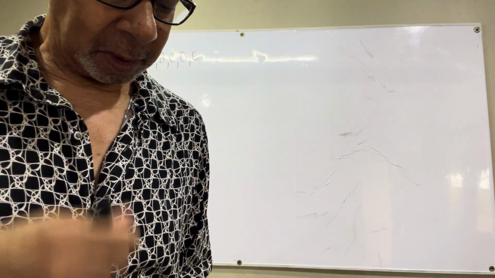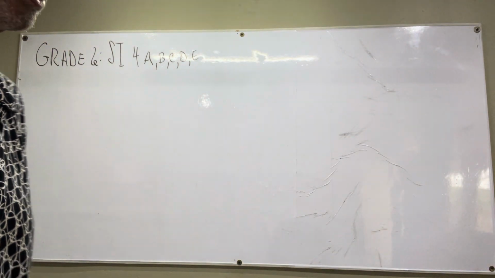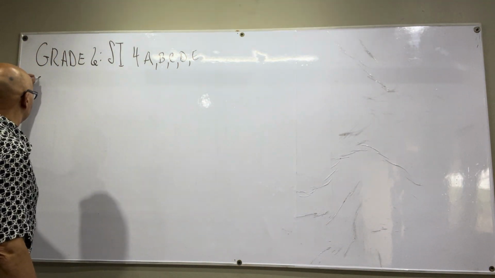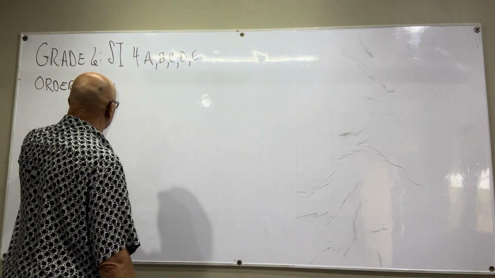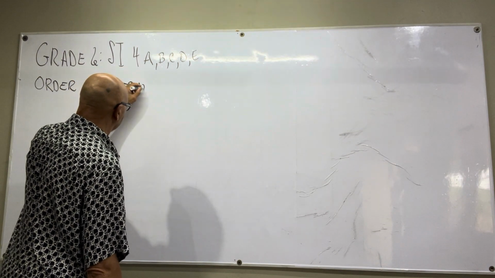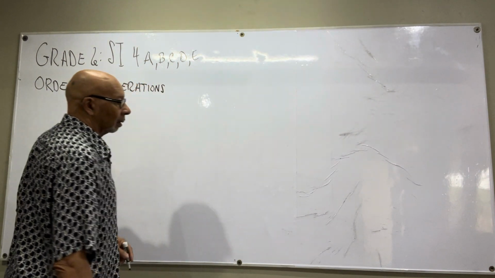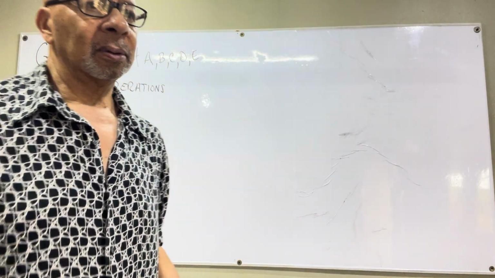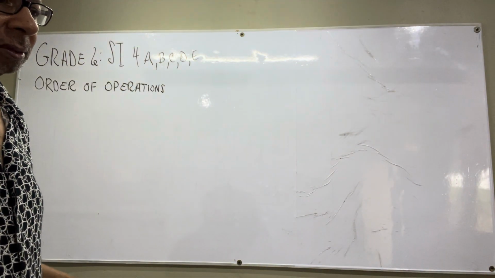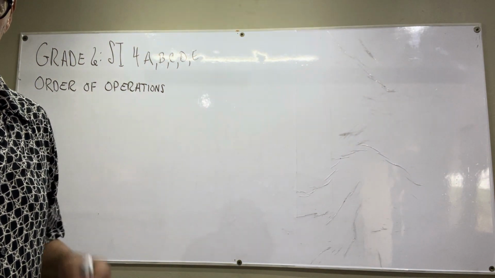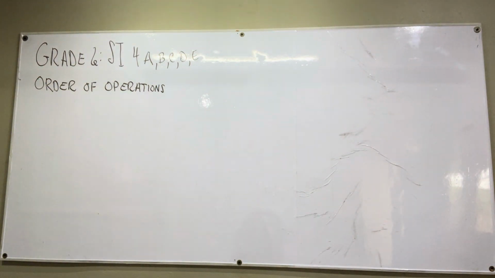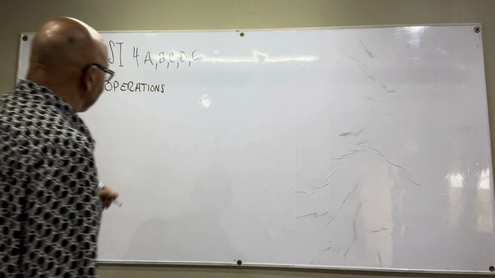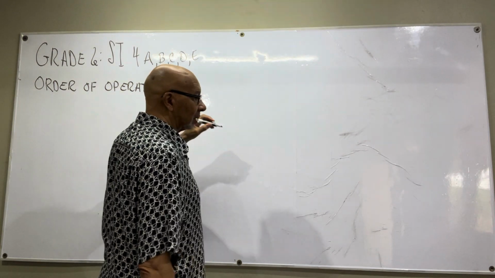So the first thing we want to talk about that you've probably already heard and spent time on is the order of operations. Now you should write that down and also commit it to memory, because it will be included in problems that you're given frequently, especially on tests, where it's not so difficult, but it does take some understanding. So the order of operations, we say, is represented by this: